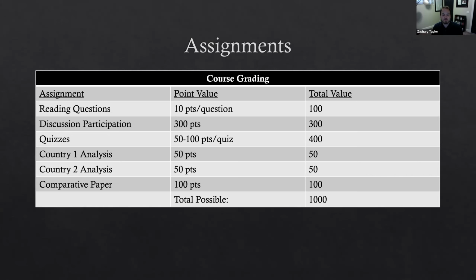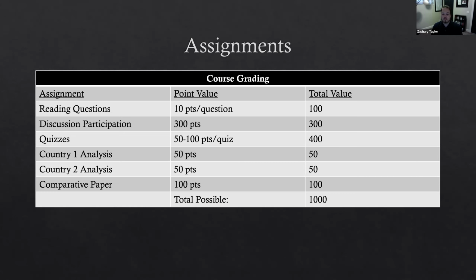Now, that is intended to build into your final comparative paper. The final paper for this class is probably going to be approximately 8 to 10 pages by the time you're done with it, but it incorporates both of those first 2 papers that you have written. So those 2 papers are not to be written just for the fun of it. You're essentially writing this one large paper over the course of the entire semester.